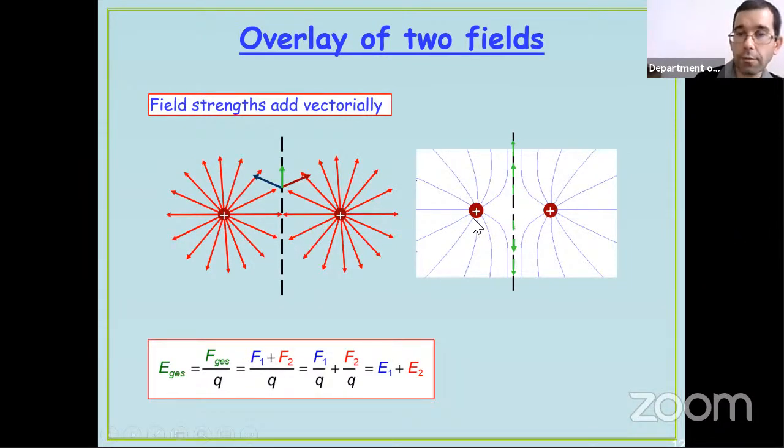What happens if we have like charges, like two positive charges? We have to follow the same concept. That's how we can determine the net electrostatic field, again from vectorial additions. And maybe I haven't mentioned that conventionally the electric field lines always start from positive charges and always end at negative charges.